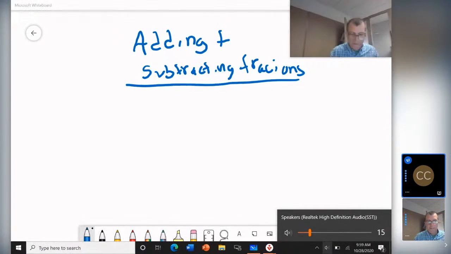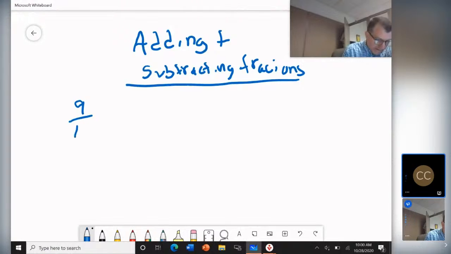Okay, guys, good morning. We're going to continue working on fractions today. And we're going to do a little subtracting first. And it's going to be the exact same thing we did yesterday. We're going to have to find the least common multiple. So we're going to start with, if we have 9 tenths minus 4 fifths, we see that